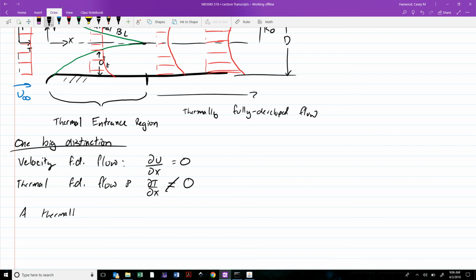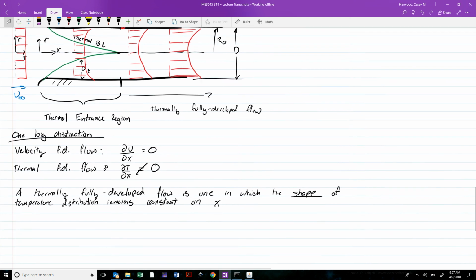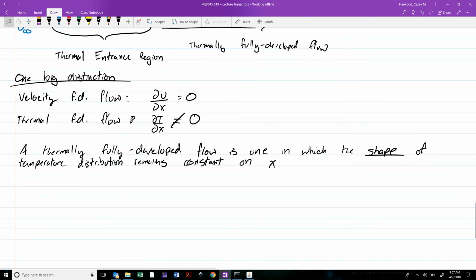A thermally fully developed flow is one in which the shape of the temperature distribution remains constant on x. And by shape, I mean if we were to take this temperature distribution and scale it as a non-dimensional variable,